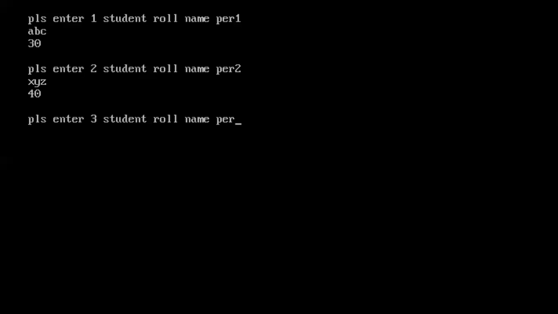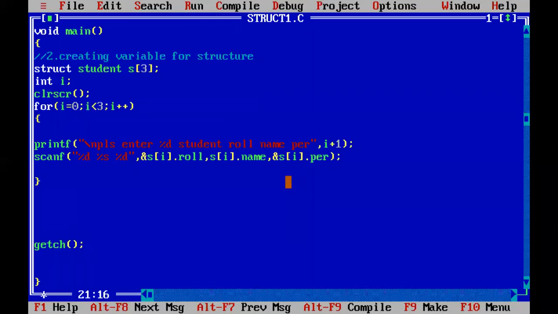And the third time the loop is iterating, please enter third student roll number is 3, and name is PQR, and third student percentage is 50, and enter.